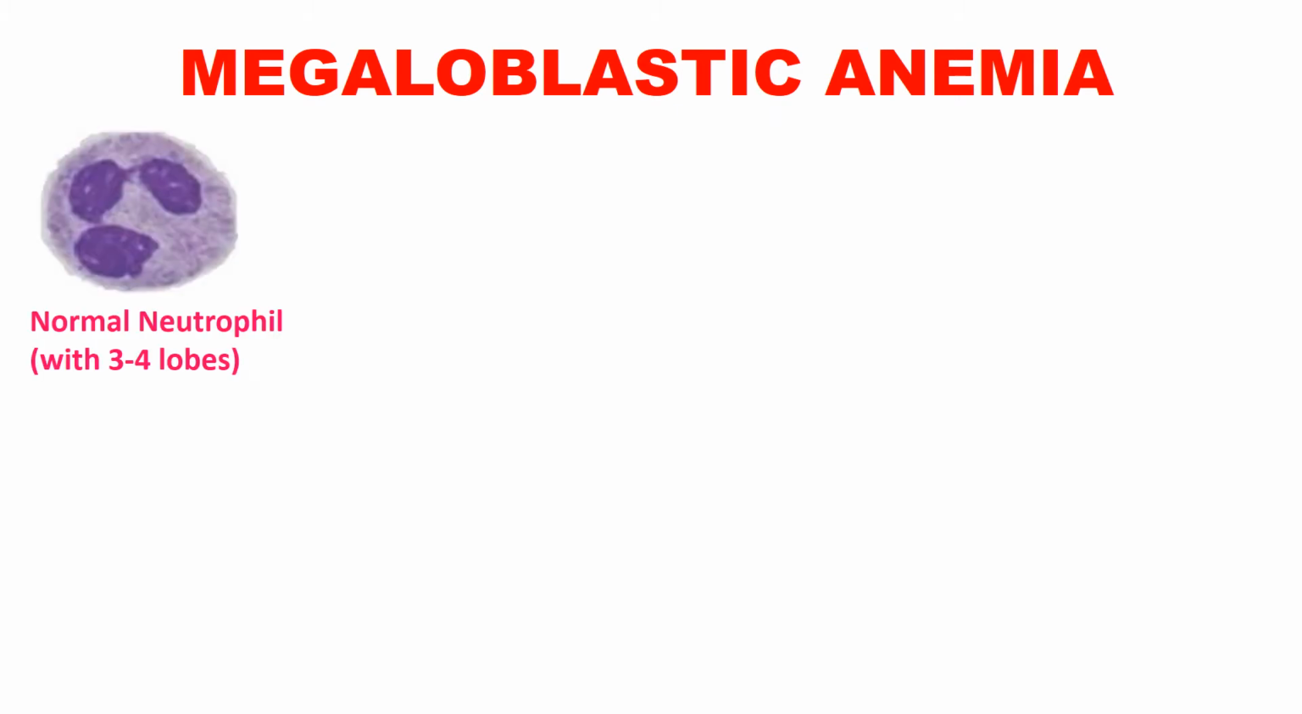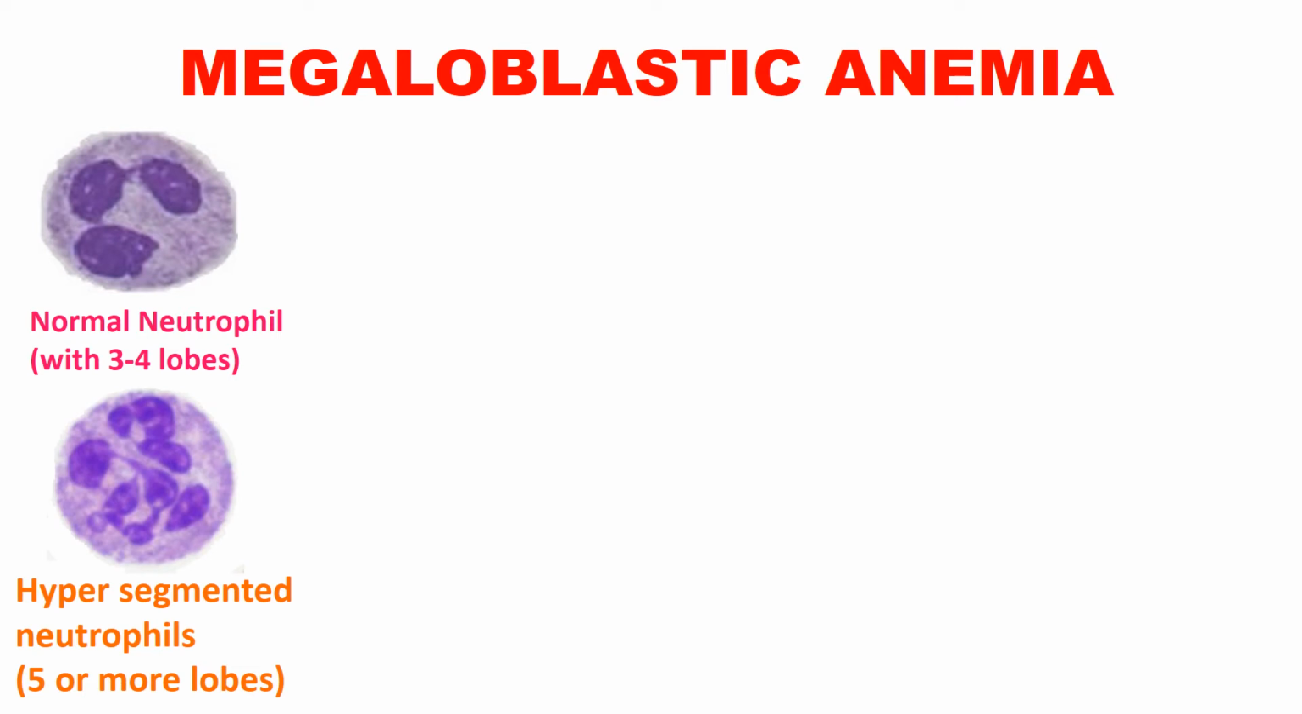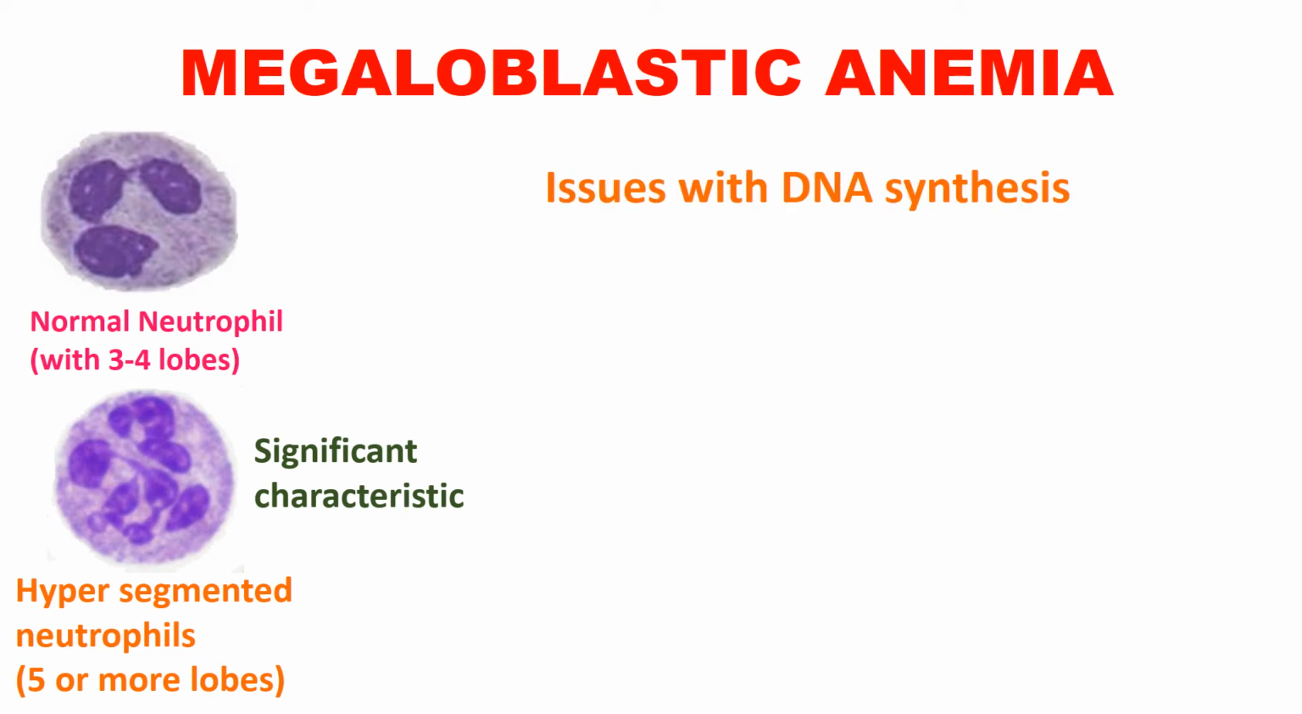Now, let's further discuss megaloblastic anemia. See this normal neutrophil. To be a normal neutrophil, one neutrophil must have 3 to 4 lobes. But in the second slide, we see hypersegmented neutrophils with 5 or more lobes. Hypersegmented neutrophils are also a significant characteristic of megaloblastic anemia. Whenever we are talking about megaloblastic anemia, one thing we should be clear about is that it has some issue with DNA